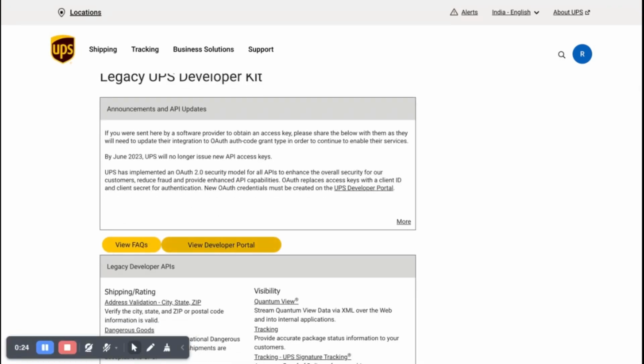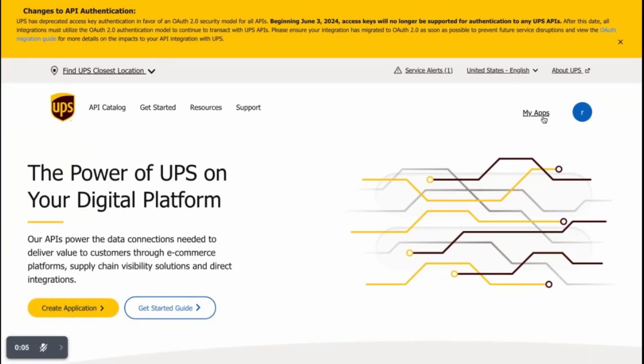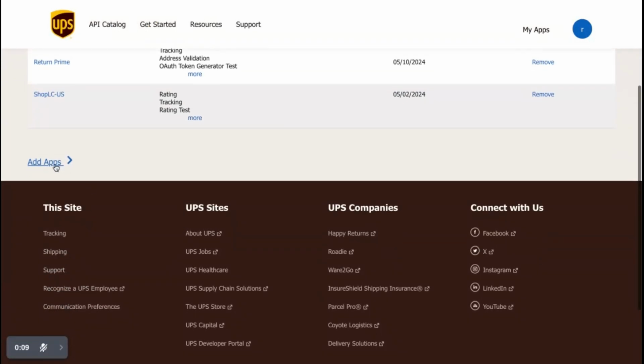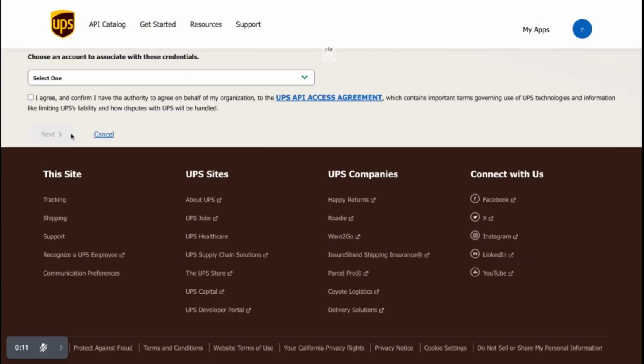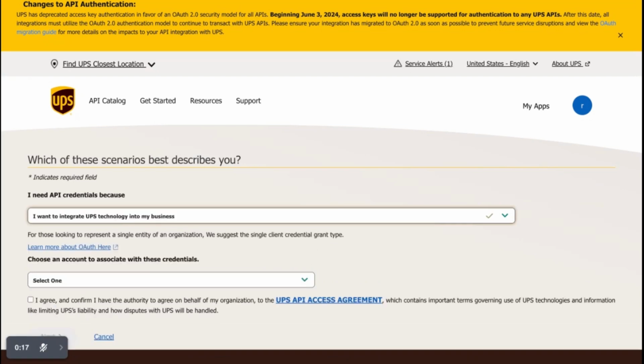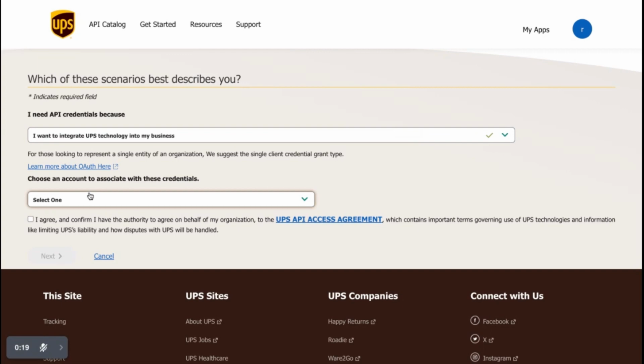On this page you will find an option of My Apps on the top right corner, or you can click on Create Application button. You will get an option of Add App, please click on it. Here in the first field, please select I want to integrate UPS technology into my business, and in the second field, please